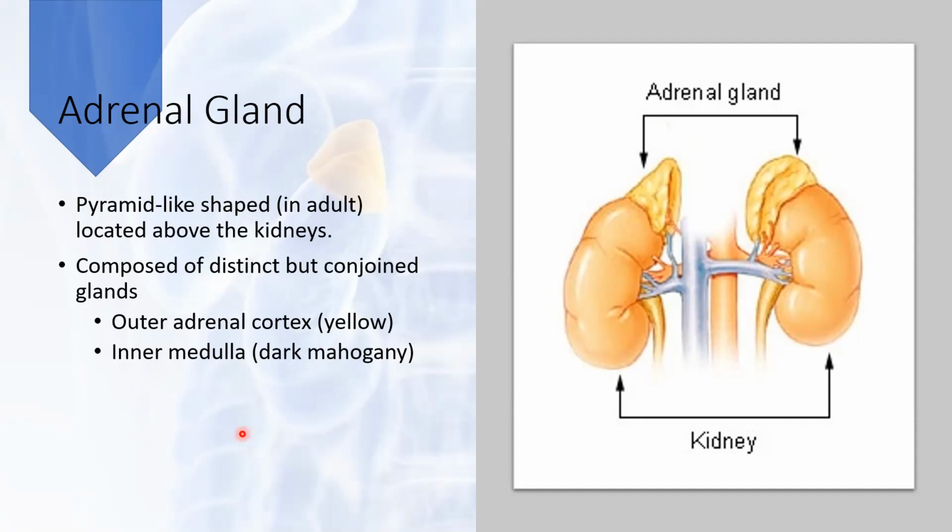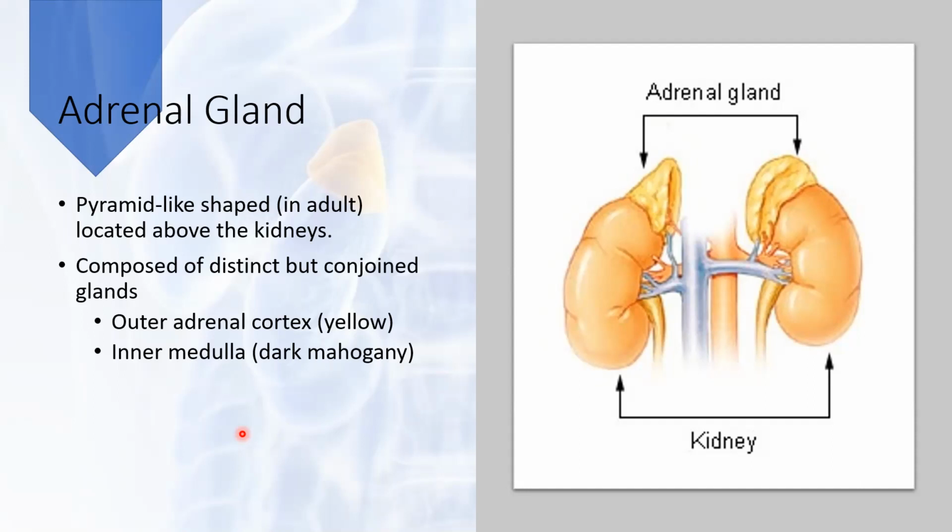Adrenal cortex is the outer region. Take note that the adrenal cortex is the outer region of the adrenal gland, secreting the steroid hormones. And take note, guys, that the adrenal cortex is the major site of steroid hormone production. Okay. Again, remember